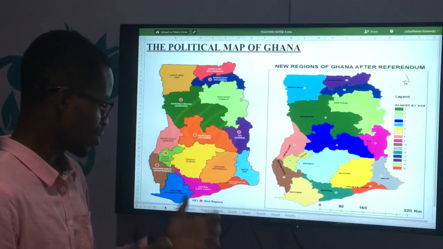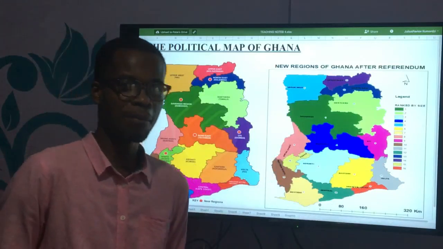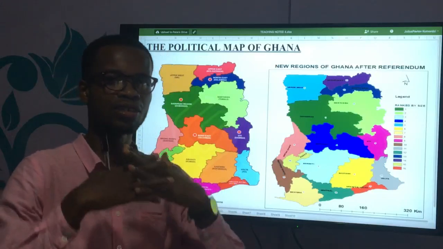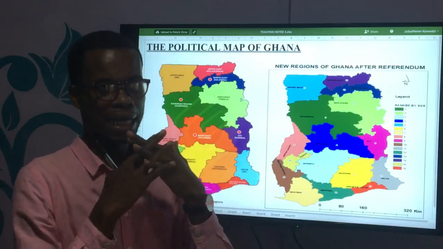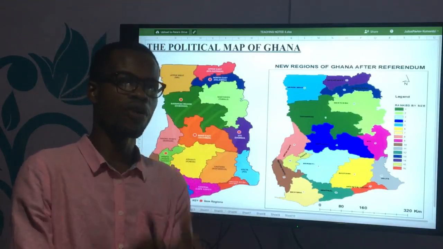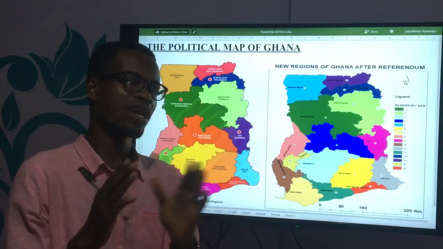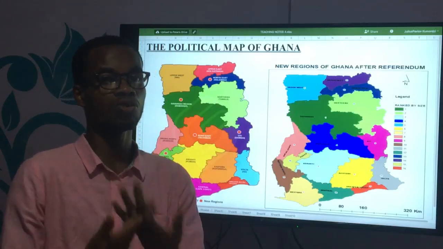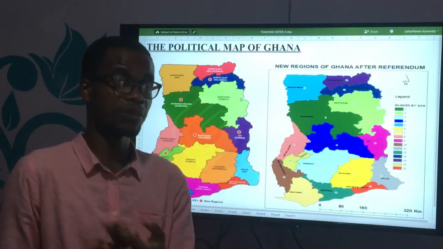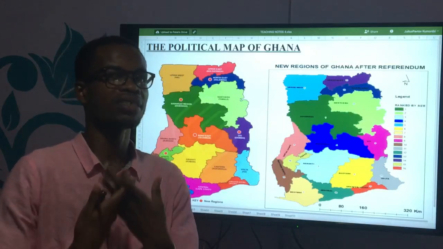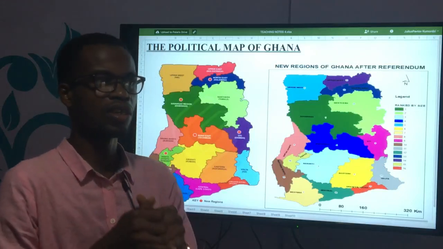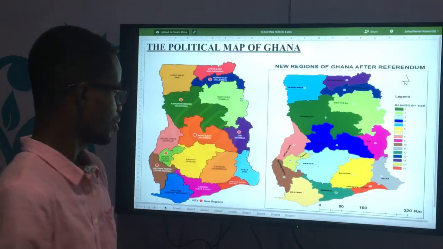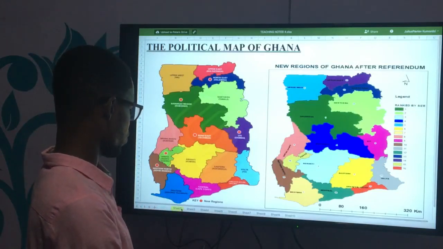Alright, so this is the political map. What you have to know is the 16 regions and all their capitals. Take note of the additional 6 because they are new. Examiners might feel that you are not too familiar or conversant with them, especially with their capitals, so they might ask you questions in that regard. Okay, then let's move to